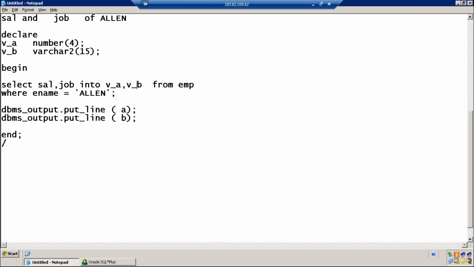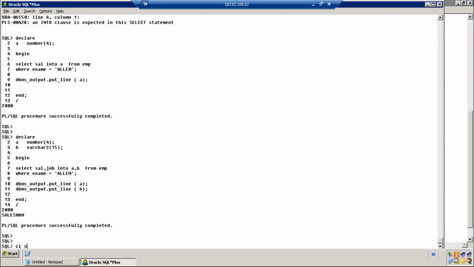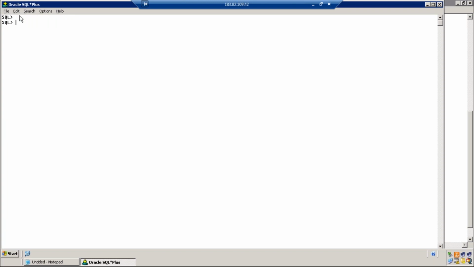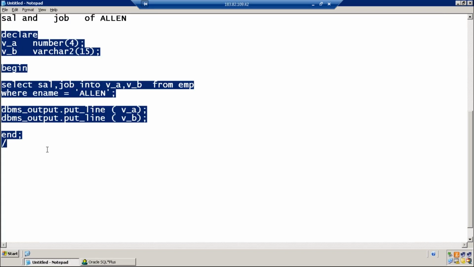The coding standard is all the variables should start with V underscore.